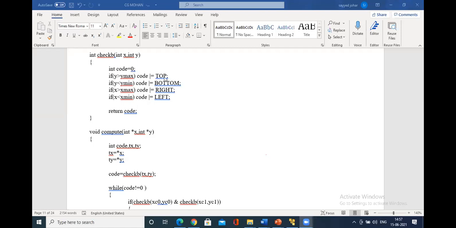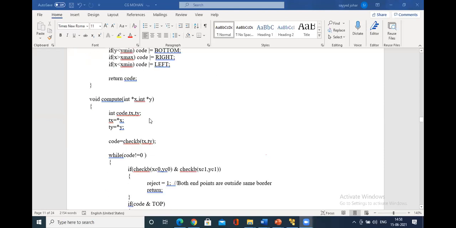My point is at the top. If y is less than y min, my point is at the bottom. Imagine if both the conditions are satisfied. In one of the cases, maybe x is greater than x max, y is greater than y max, it is top right. So you go on ORing the operations to identify the outcode of it.